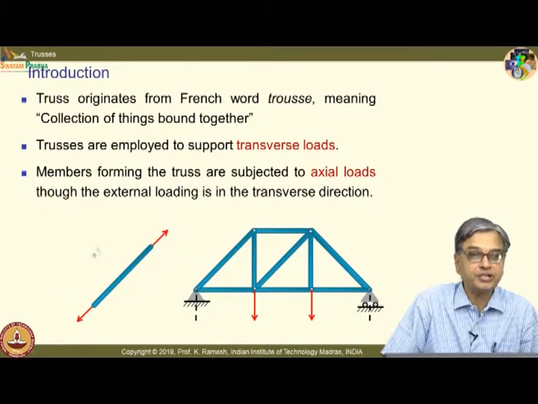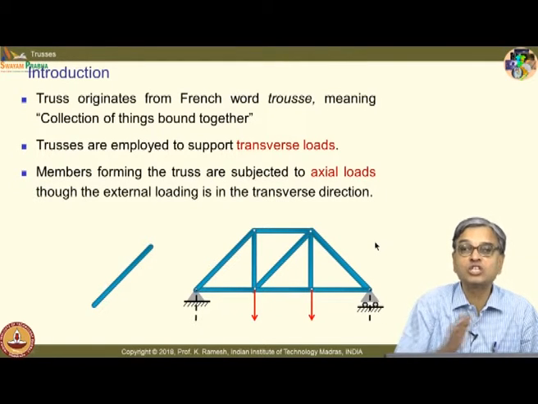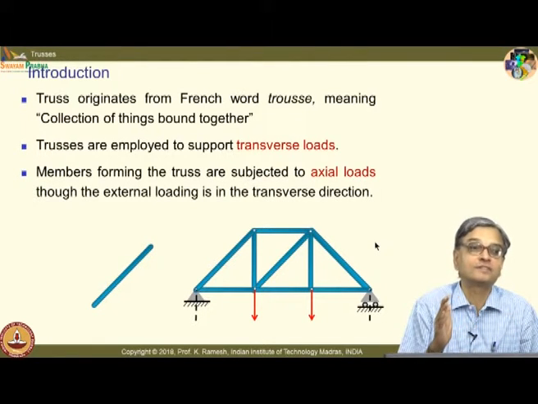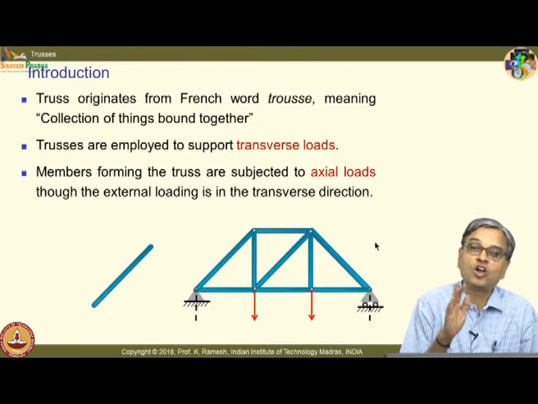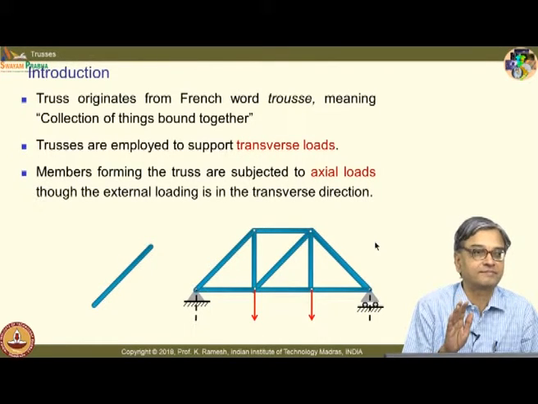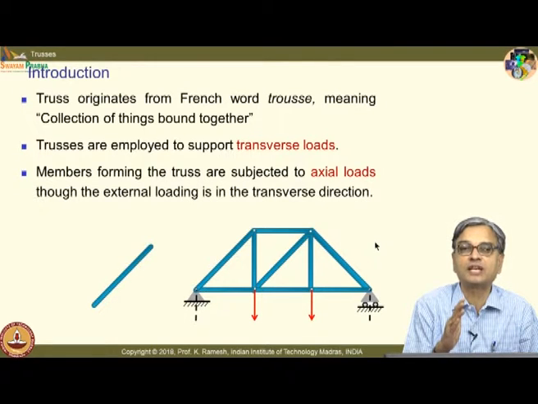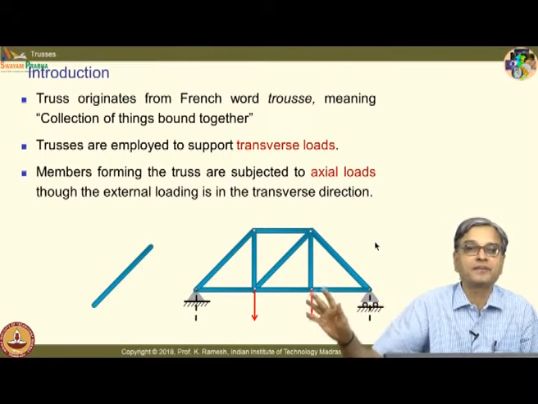they may be in tension, they may be in compression, or they may not even transfer any load. They are called zero force members. They are a very important part and parcel of a functional truss. Just because a member is not transmitting any force, you cannot take out that member and keep it away.